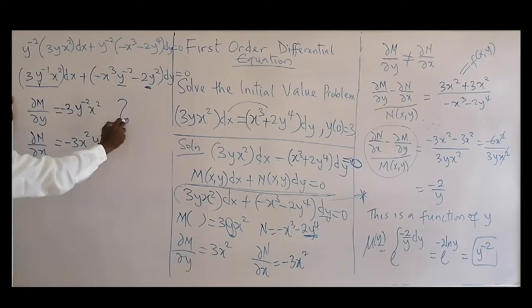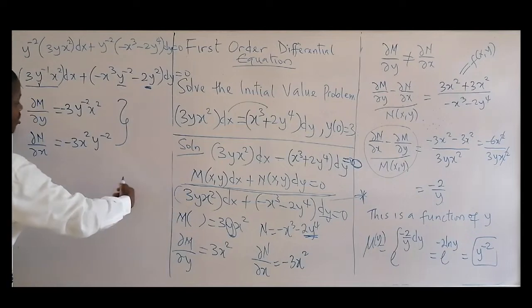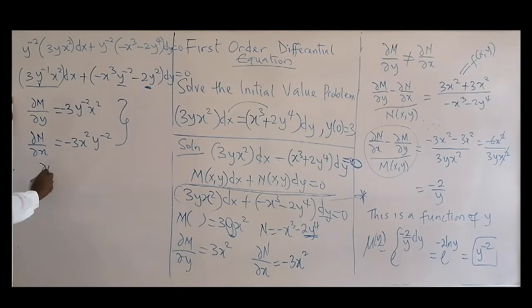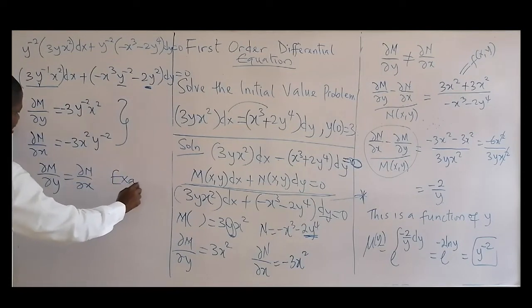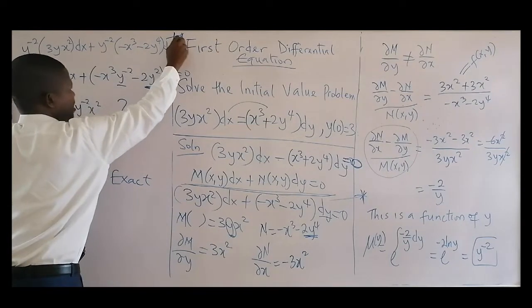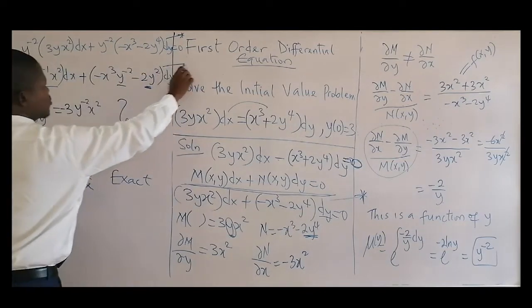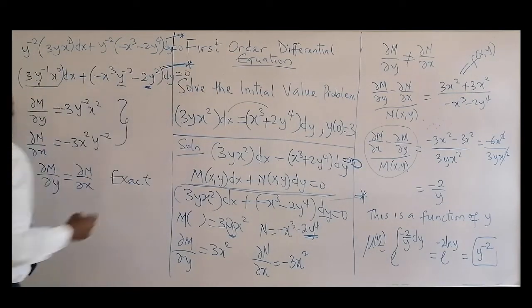So I don't even need to show this, because once you have your integral factor, you multiply the given problem by the integral factor, and automatically it is exact. So this is now exact. Since it's exact now, there is your new function. You have nothing to do with the old one again. This is your standard equation after multiplying with the integral factor.